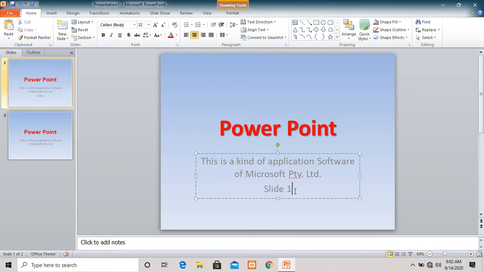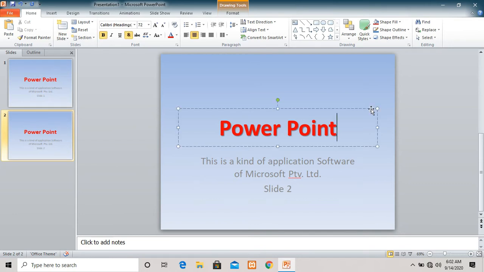Just select it and then click on the copy option, go to the another slide, choose the area where you want to paste and click on the paste. Fine. By doing this, you can see the information is pasted.